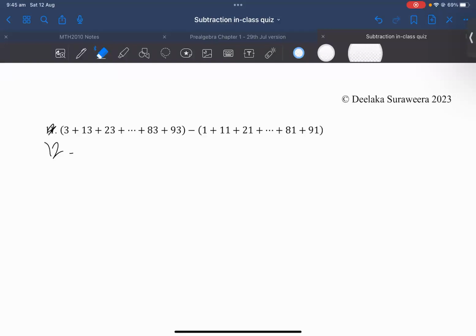I think it's a close idea, but the key idea is, you know how when we added in pairs to make it easier? We can subtract in pairs here as well. Look at this. If I pair this 3, because remember, if I convert this into addition,